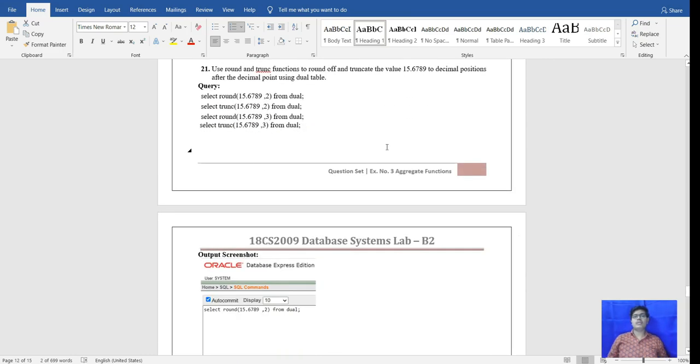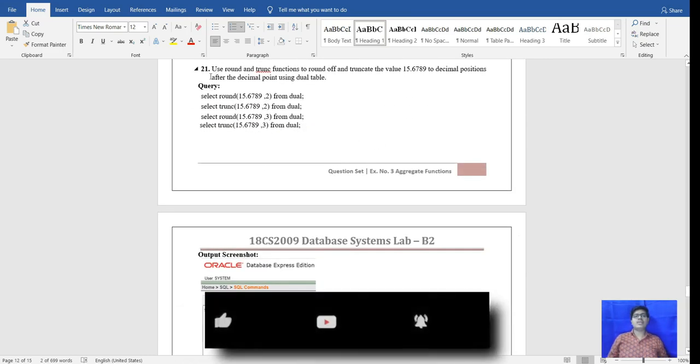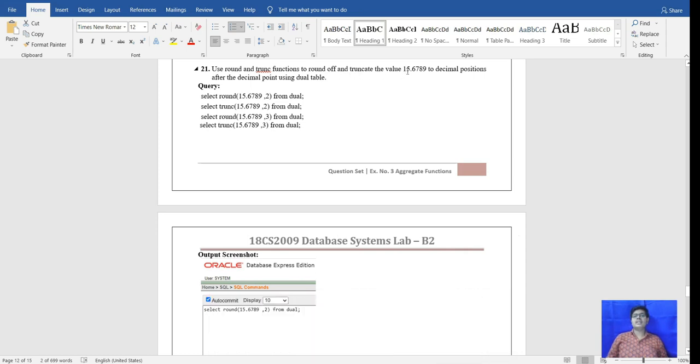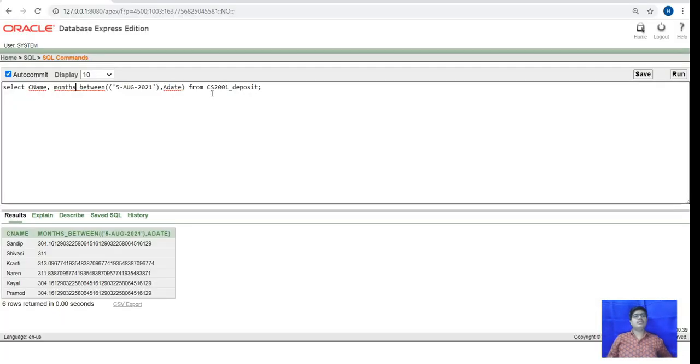Next we go to the last question, that is 21. Use the round and trunc functions to round off and truncate the value 15.6789 to decimal positions after the decimal point using the dual table. We type round of 15.6789 from dual.